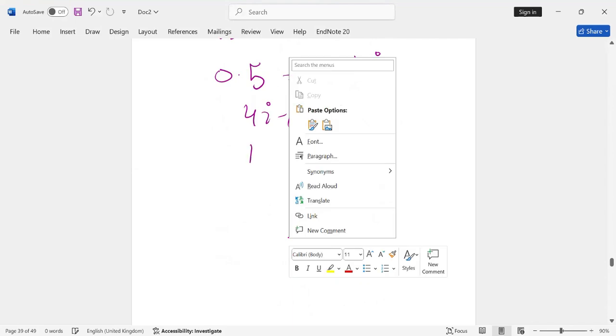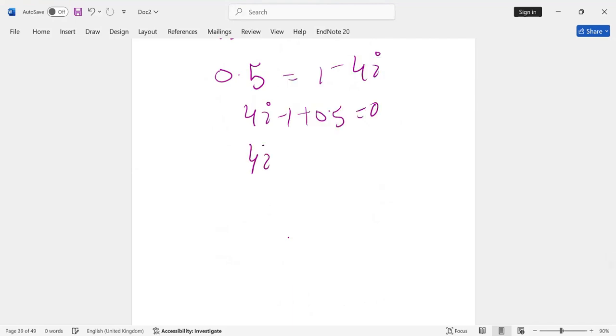We have 4 iota equals minus 0.5 equals 0. And we have iota equals 0.5 divided by 4, and you get 0.125, all right? So we have to express this depreciation rate iota as a percentage, so we can write it